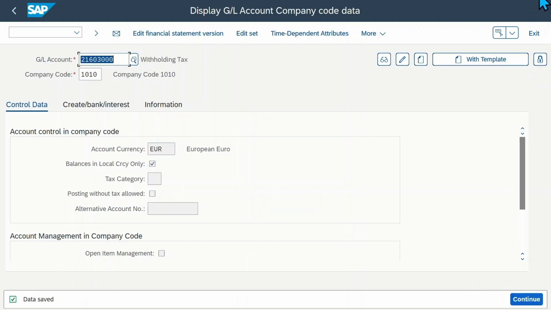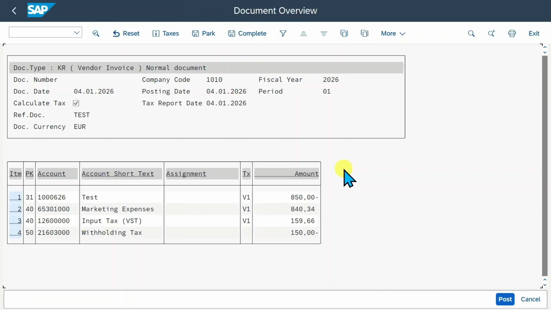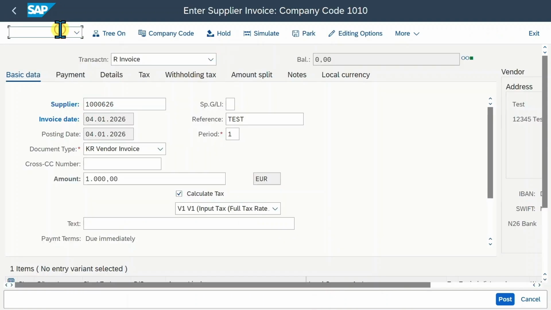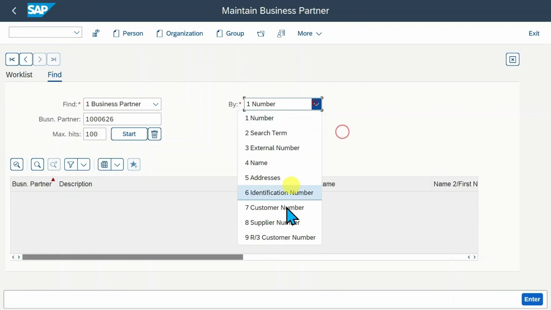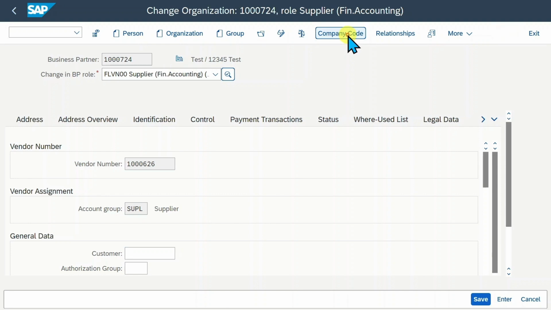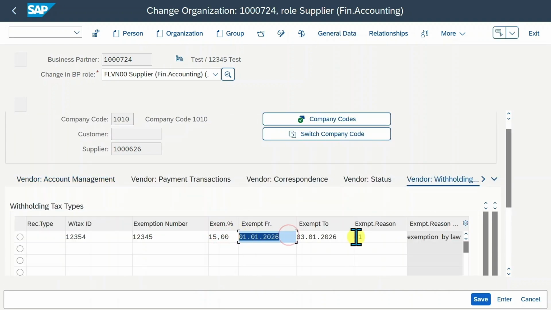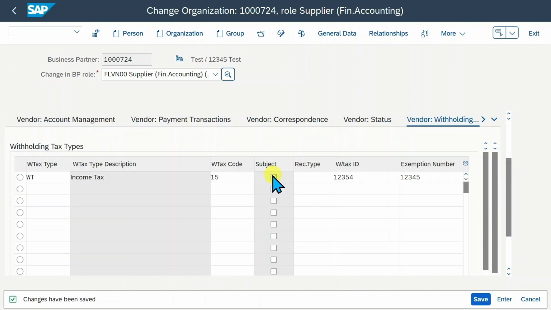Now we'll go back to our FB60, hit on enter again, and now we can simulate. And as you can see, the system would now actually post the withholding tax to this specific account. However, what we can also do is we can go back to the business partner via /OBP, search by supplier number, insert the number. This is our business partner. If we now go to company code and into the vendor withholding tax, we could also state over here that the exemption period is up until, let's say, the 5th, and then remove here the subject to withholding tax and